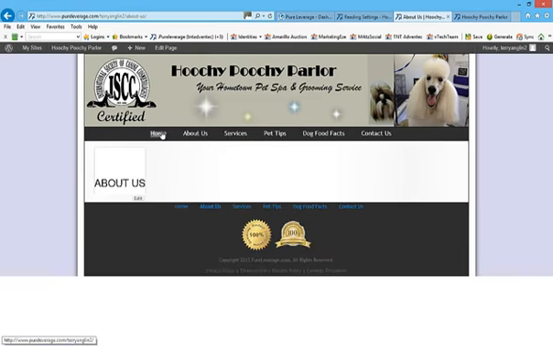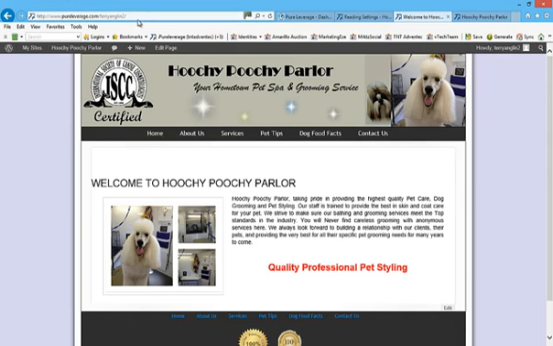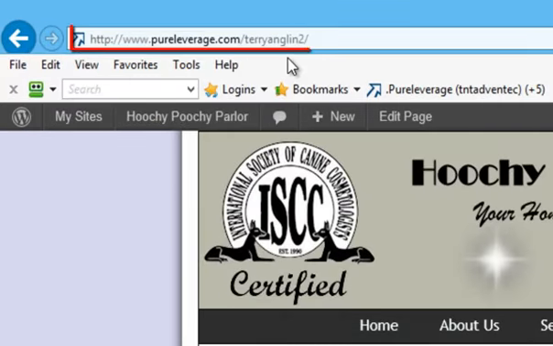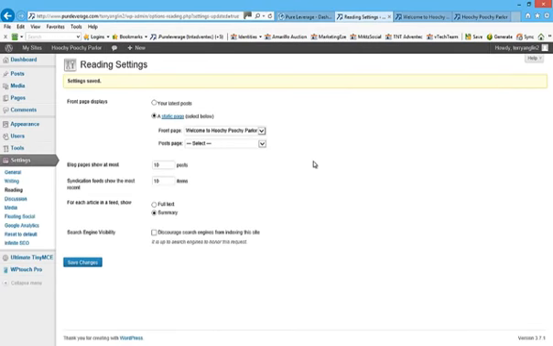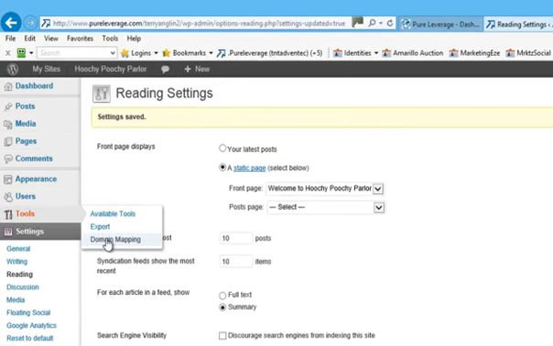Now the benefit also that you have with your Pure Leverage blog is a feature known as domain mapping. If you'll notice in the address bar, this is the address that takes it to this website. But through what you get with Pure Leverage and with your blog, we can actually use a domain name that that business has, or that you register for that business, that will point directly to this domain and will not indicate the Pure Leverage name. So we do have other tutorials for that, but in this example I'm going to go ahead and go to Tools, Domain Mapping,